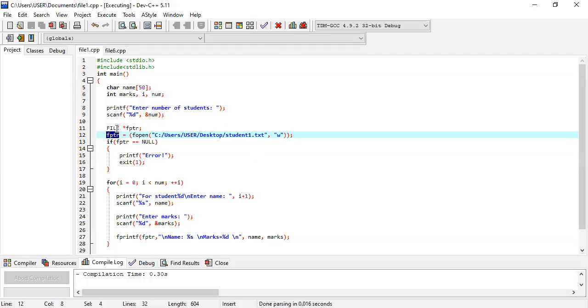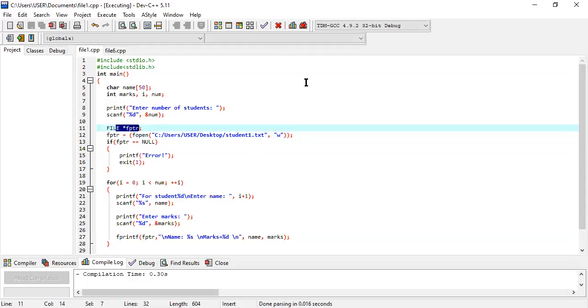Unless you use a file pointer, you do not work with any file. You are not creating, reading or working with any file in your program. You have to use the file pointer, then open the file in write mode or read mode, then work with it, whether you store, write or append something.